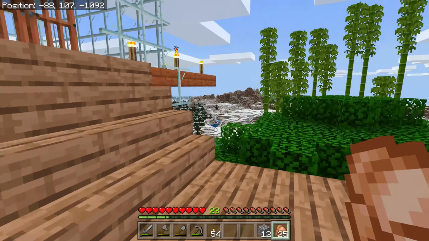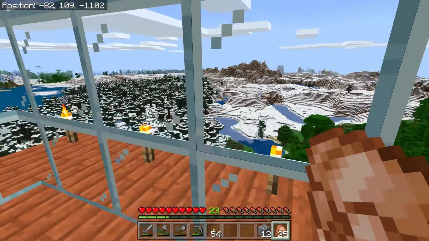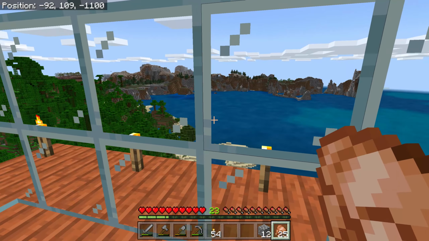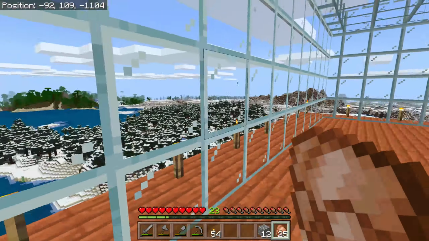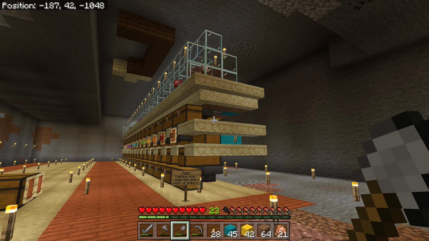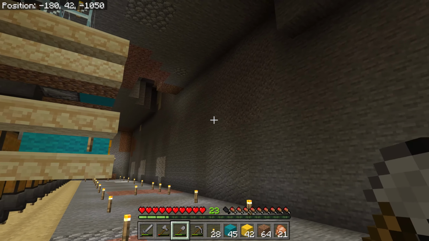And then if I go up here, you can enjoy the view, which is pretty awesome. And it's one of the reasons I chose this area for my base too, is just that the view is absolutely amazing from here. To finish this video, I thought I'd add some redstone to stop the automatic sheep shearing